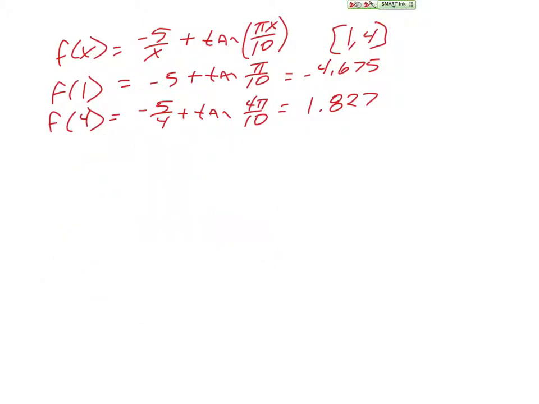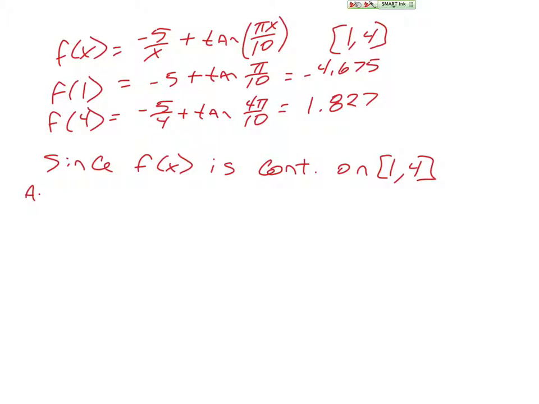So help me with the statement. You got to have this memorized. Since f of x is continuous, you can put CONT period. Nope. You got to say something else about continuous, because it's not always continuous. On the interval 1, 4, and it has to be the closed interval. Okay. And f of 4 is less than 0, which is less than f of